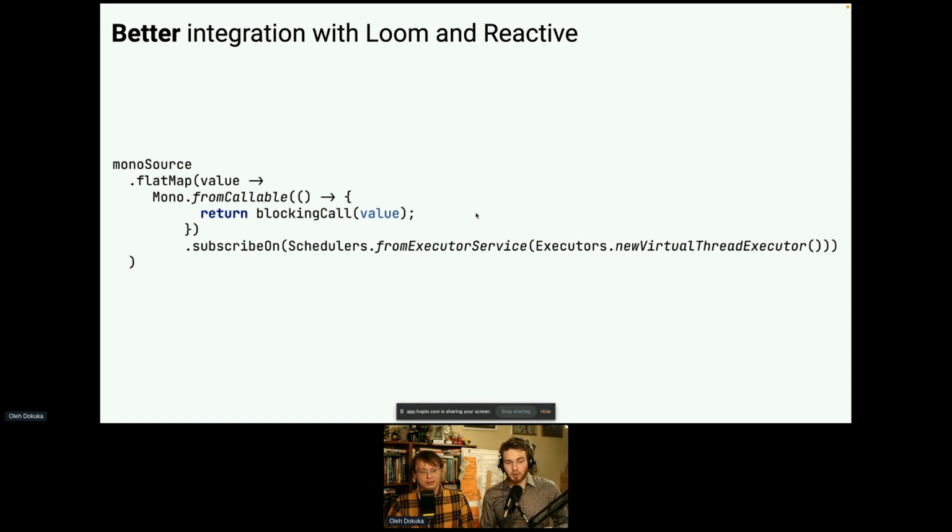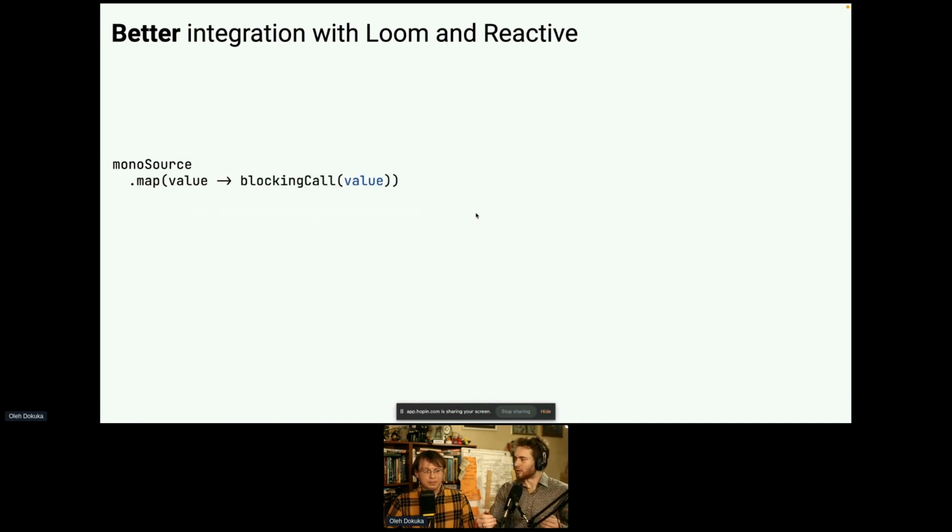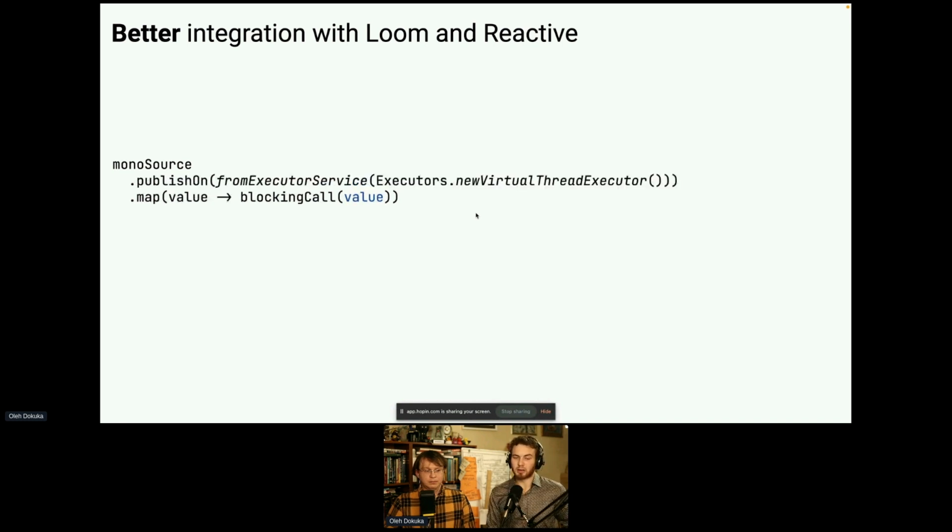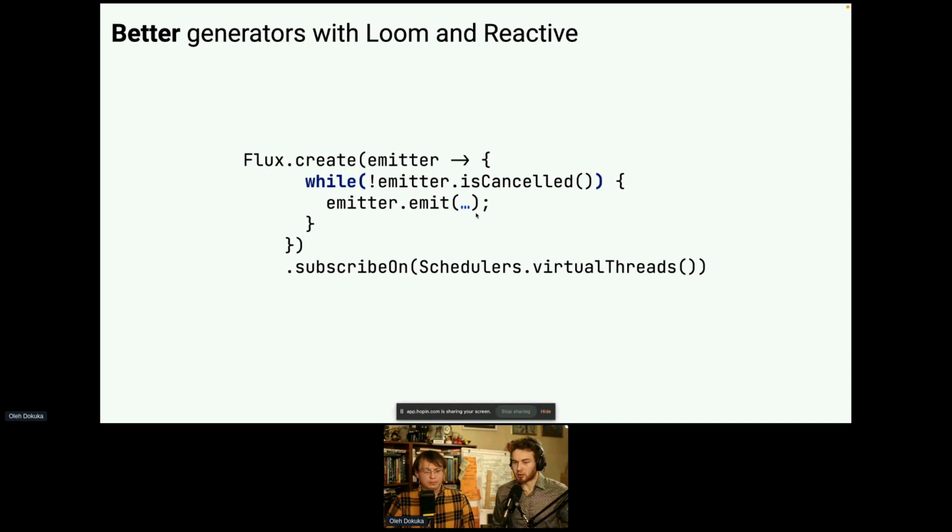Even more, here we have a really complex structure since we have used flatMap. And then in order to make a blocking call, we have to wrap it in fromCallable, use subscribeOn, use timeouts and other retries. Now this can just easily go away, and we can replace this code with a simple map. Inside map, we can use the blocking call. And to make sure the blocking call won't block important threads, we can publish our execution on the virtual thread executor. Easy. And I see much more future in integration with Loom.